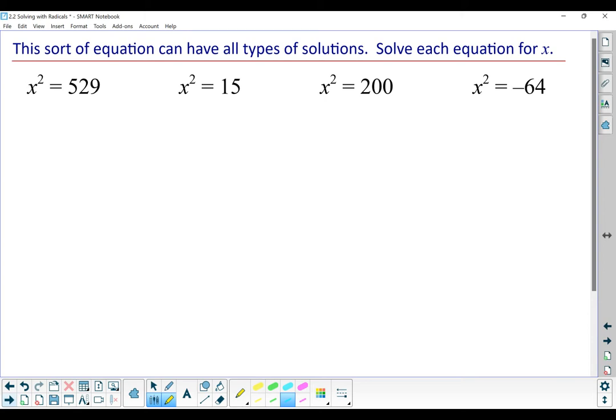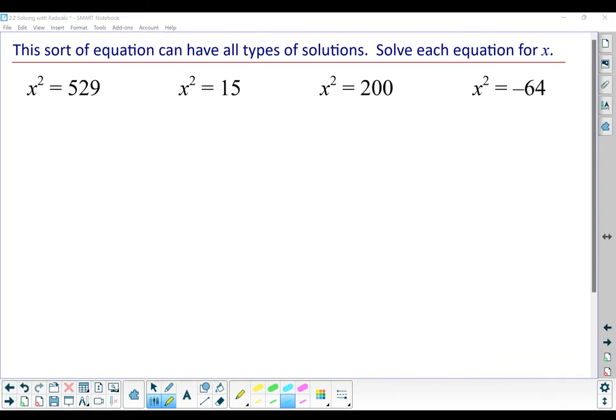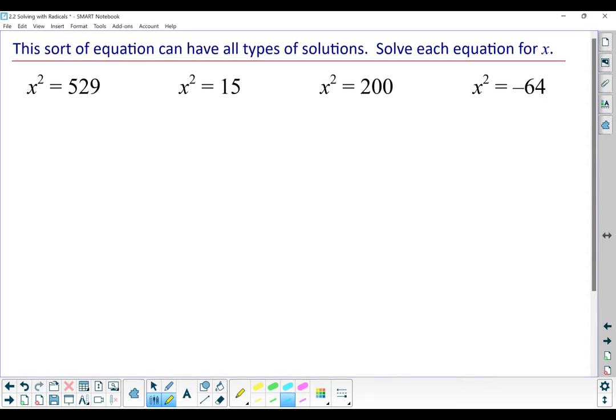So these sort of equations can have all types of solutions, not just whole numbers like 11. So let's look at a few. This first one is x squared equals 529. So if we apply a square root to both sides of the equation, we want to remember to insert our plus and minus symbol. And if we take the square root of